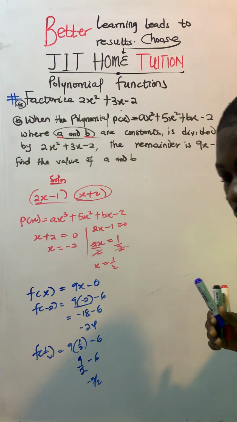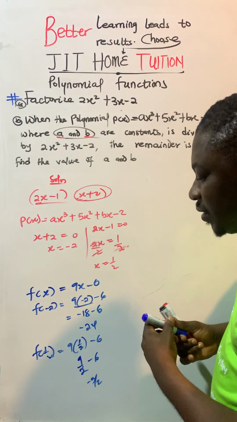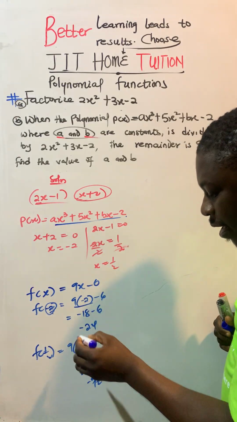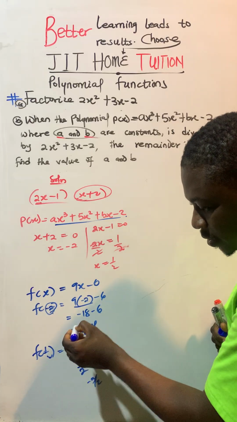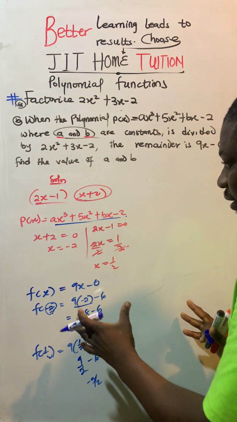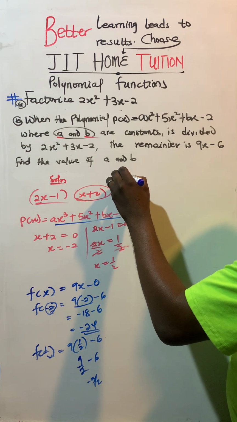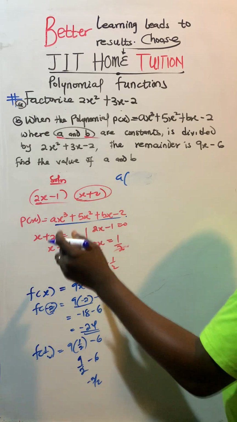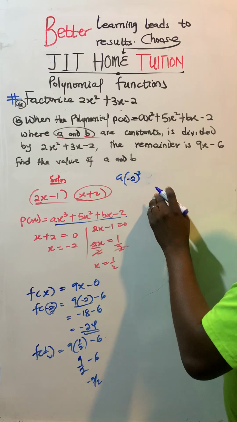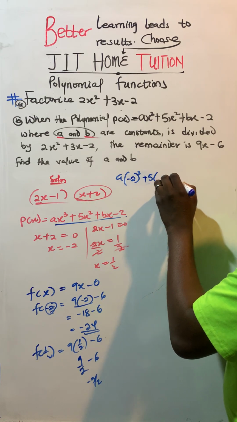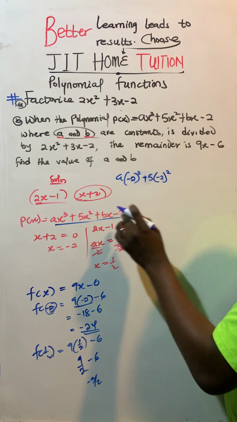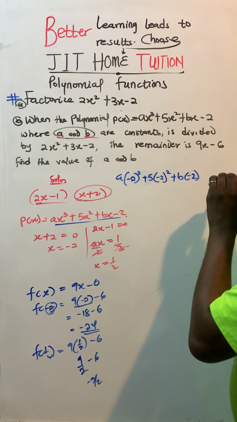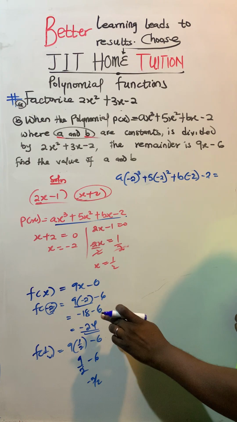Now, when you bring this one over here, what it means is that right now we are going to put the -2 into the whole function, and it will be equal to this -24, as the question was trying to let us know. So let's look at it. You have a into bracket -2 power 3 plus 5, you have a -2 all squared plus b -2 minus 2 all equal to